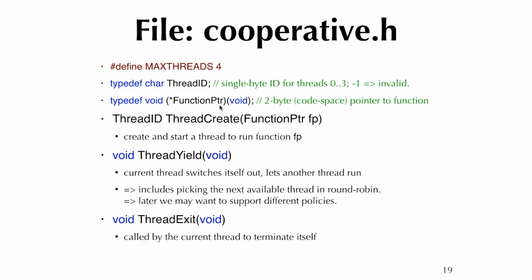So it takes a void type argument, which means no argument, and it returns a void type, which means it doesn't return anything. So that's the type declaration for a function pointer. You just named it FunctionPtr. So you should know this. If not,